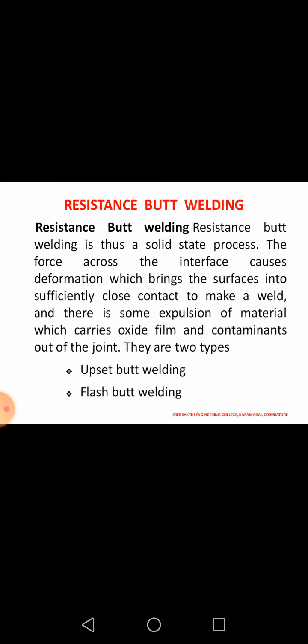The general application for resistance butt welding: wire and rod joints up to 60 mm diameter, including chain and narrow strip joints such as automobile wheel rims. It is generally used to join components of similar cross section by making the weld cross section the entire section in a single operation.